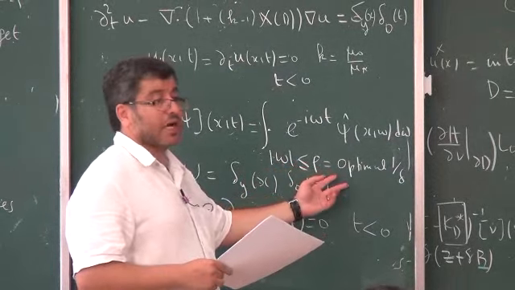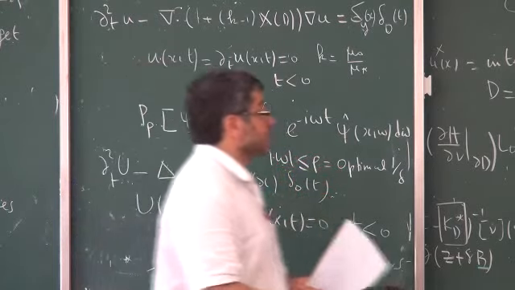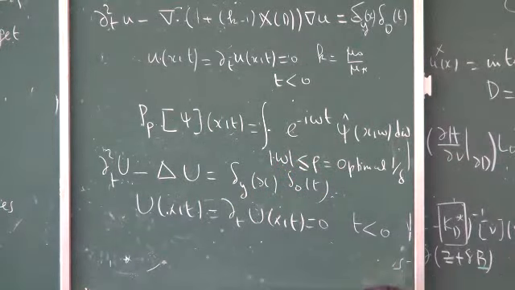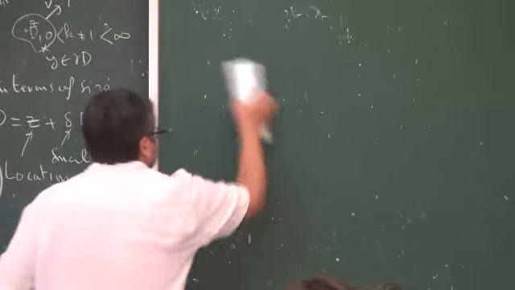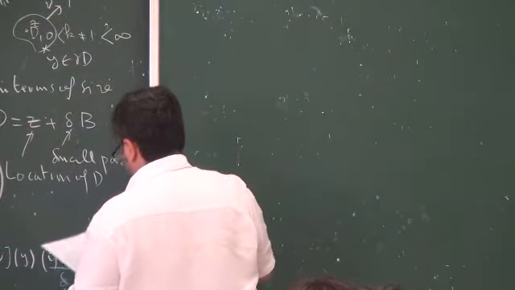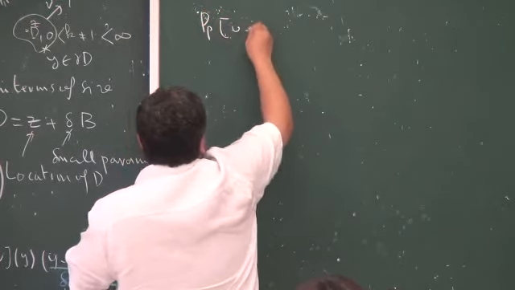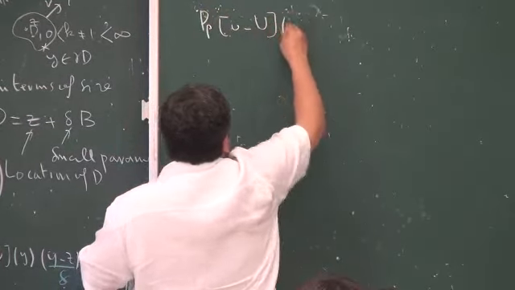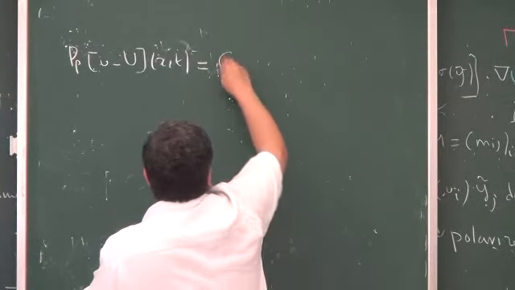If this filter filters all the frequencies higher than 1 over delta, where delta is the size of the inclusion, then we get a formula. The formula is that the filtered measurement is a function of the polarizability of the inclusion and its position. You get, far away from the inclusion, minus capital U at x and t. This is of order the volume.